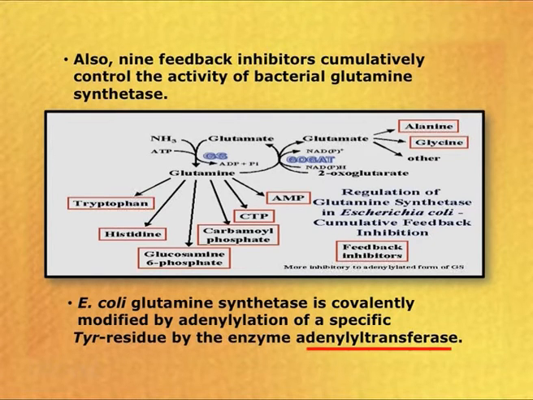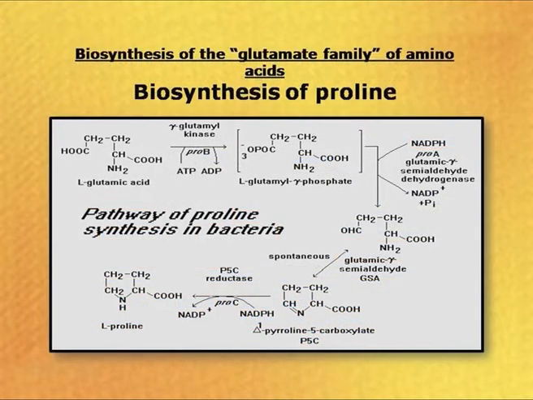Bacterial glutamine synthetase in E. coli can also be regulated by covalent modification of a specific tyrosine residue by the enzyme adenylyl transferase, and the reaction is adenylylation. Now, after discussing the biosynthesis of the non-essential amino acids like glutamate, asparagine and glutamine, I will now discuss